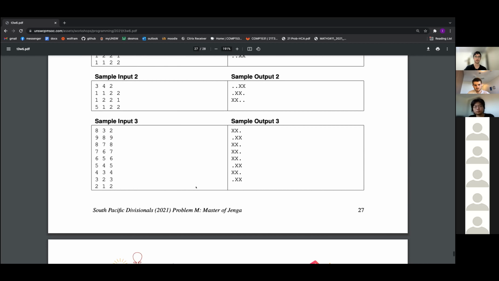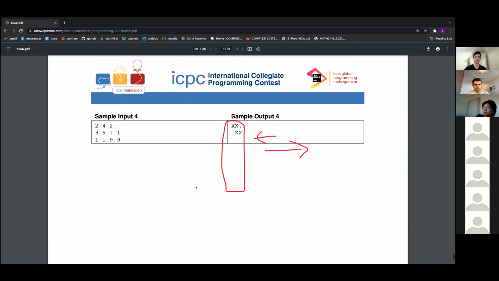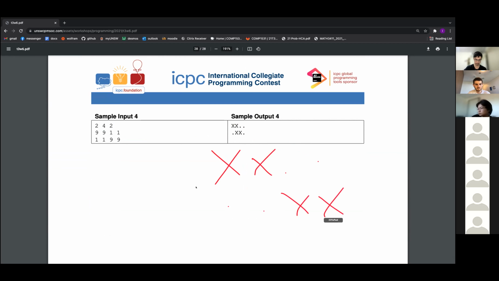Okay, the last case is completely useless because wherever you place the box, they'll be equal, they'll get scored the same number of points. So any output that is a valid arrangement of Jenga blocks would be accepted. So it doesn't matter if they're in the left position or the right position, the left two or the right two. It's useless. Yeah, okay. So I guess this one proves the point better that you can't have stuff. So you couldn't have x dot x because this one doesn't overlap with that. Okay.